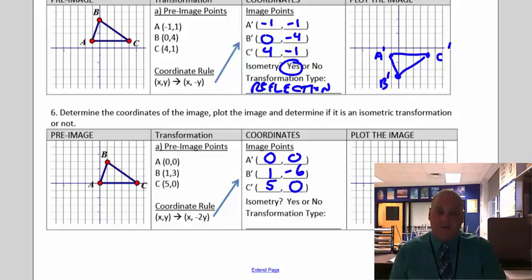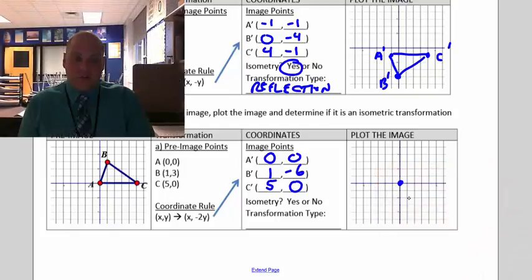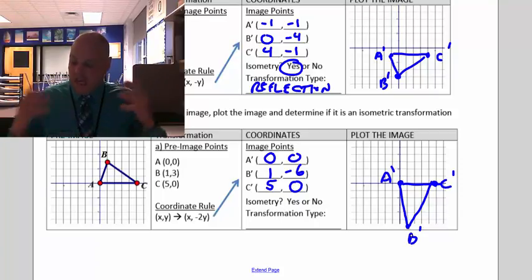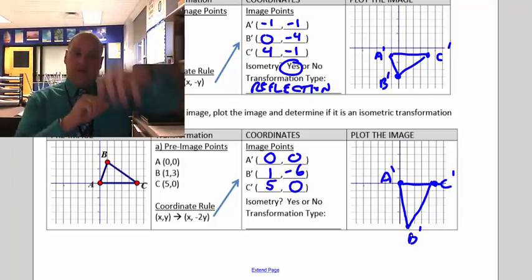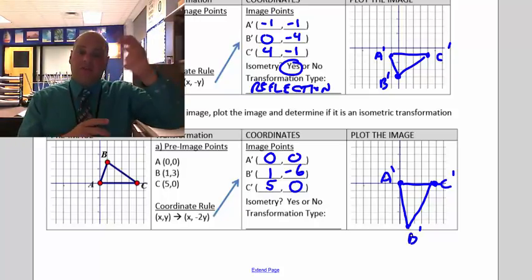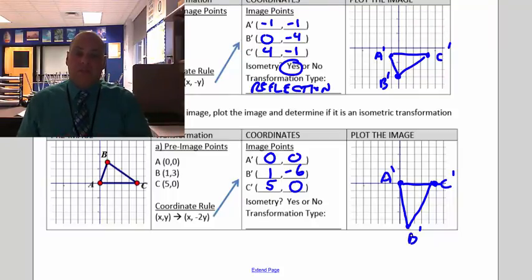So watch what happens. (0, 0), (1, -6), that's a little bit off the graph, and (5, 0). Now, look what happened to triangle ABC when we do A prime, B prime, C prime. It changed. It stretched. B flipped and stretched, actually. So the transformation type is a reflection